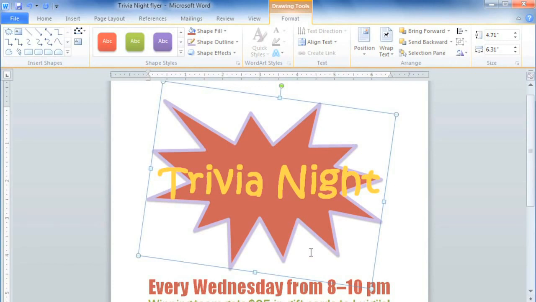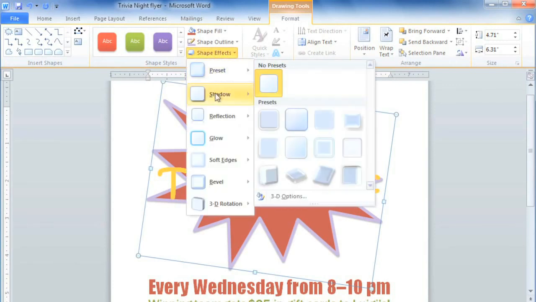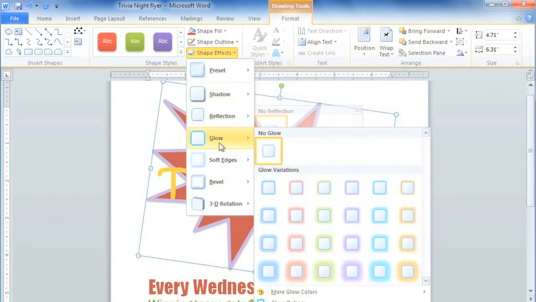And this is looking better, and now I think I'll just add an effect. If you want, you can mix and match several different effects,